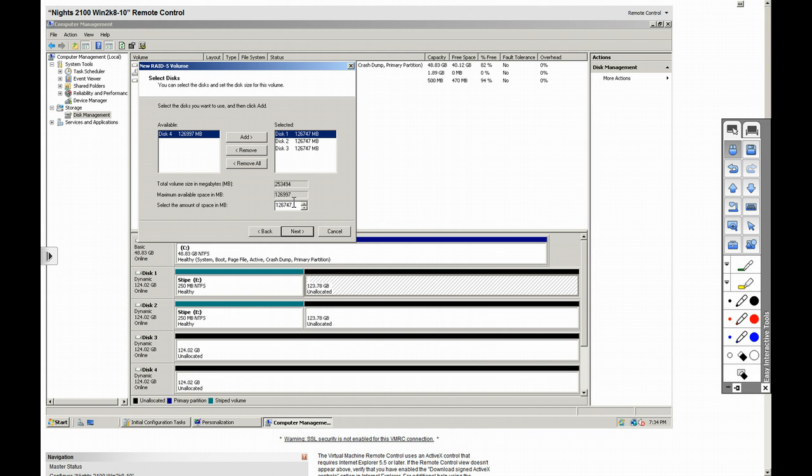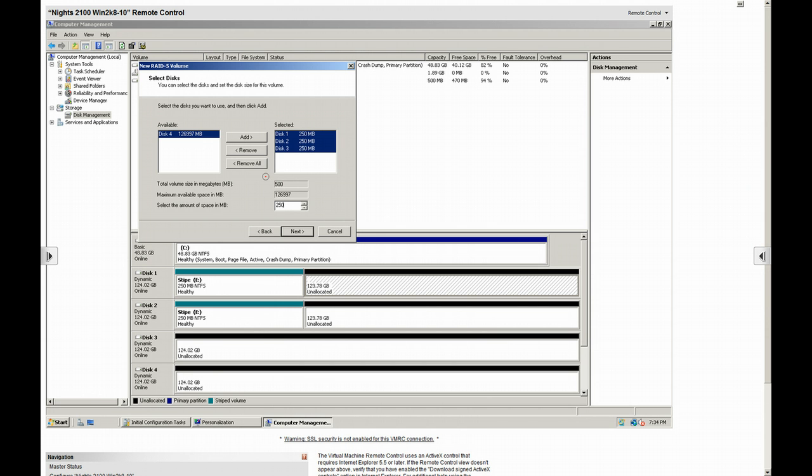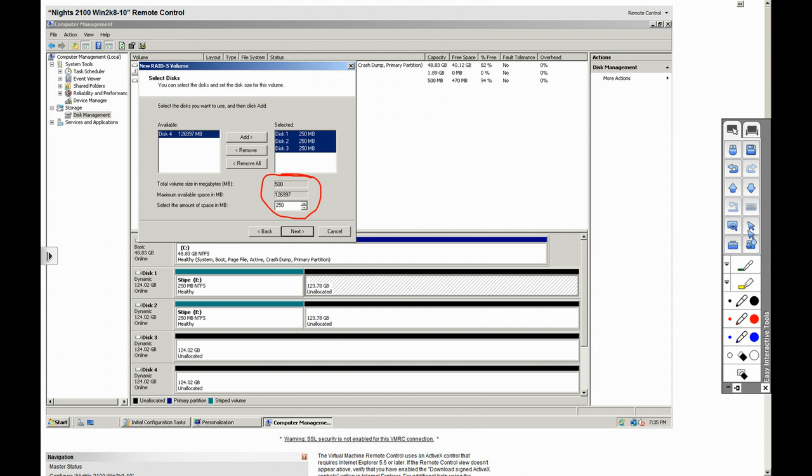Now I'm going to go down here and say that I want to take 250 meg from each of the drives, and the storage space that's available here is 500 meg because 1 disk's worth of storage gets dedicated to the parity stripe. So you lose in a RAID 5 1 disk's worth of storage, depending on how many you have. Actually, let's try that one out, because we did 3 and we lost a third of it, right? What if we picked